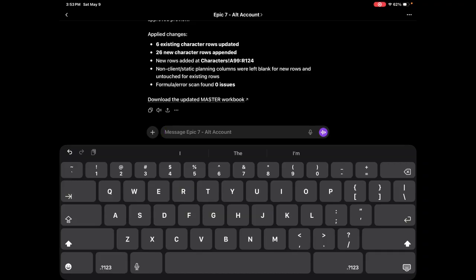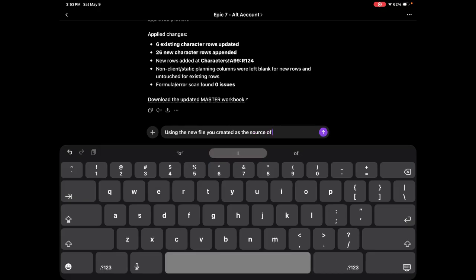Later on tonight, once I verify the data and merge it with the current version of master, then future calls will be able to just say, hey, reference master. But we're going to say, okay, using the new file you created as the source of truth,